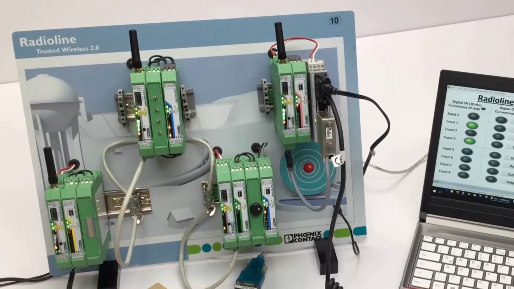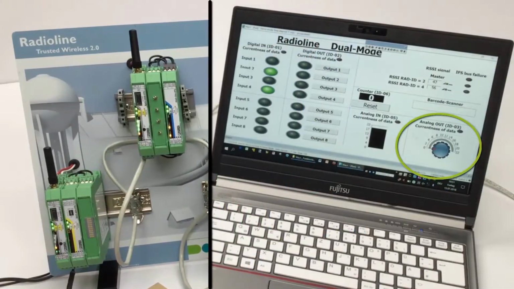From the master, for example, analog outputs can be controlled, shown in this demo by the bar graph module, next to the yellow analog output module. This bar graph module is only used to display the analog output values. The digital outputs of the output module can be activated by the Modbus master.